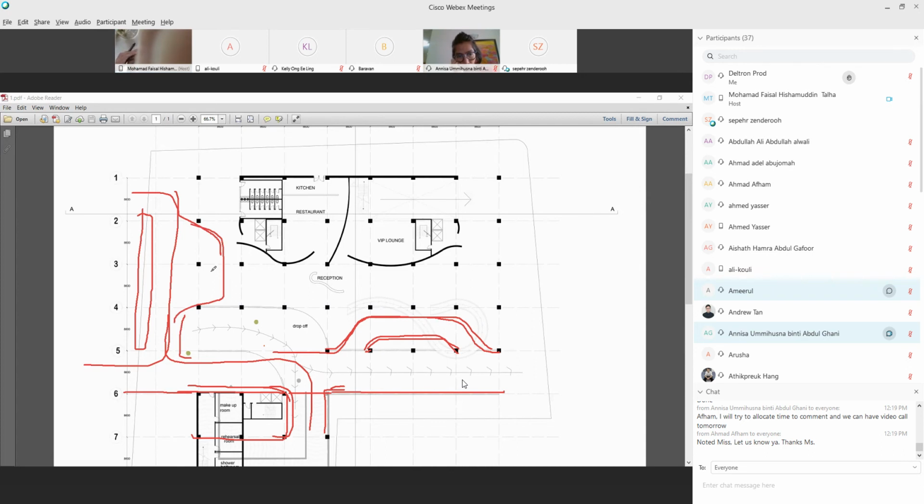Since you don't have a drop off in the basement, I find it very strange. You should have a lobby in the basement too. If it's necessary, I can put. No, depending on how you want to put. Where is your lobby? Here? So that means you can enter from here and from here as well, right? And from here. Actually, it's like an open space. So you need to have some drop off.